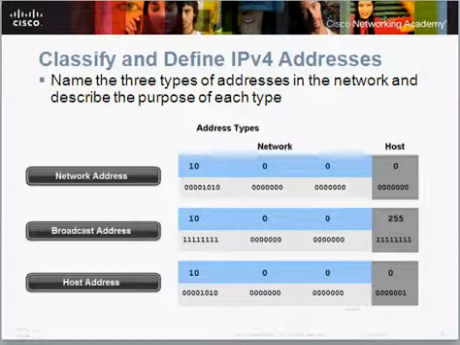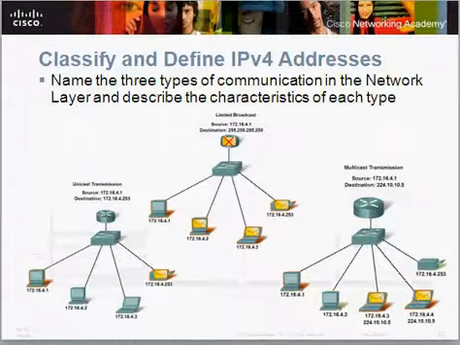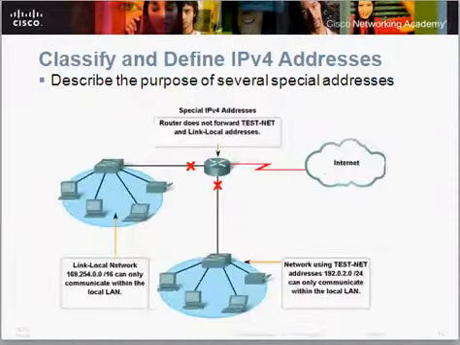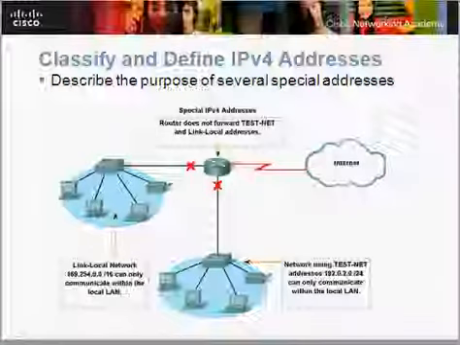So in the case of class A, it is an 8-bit network portion and the remaining 24-bit host portion. In the case of class B, it is 16-bit network and 16-bit host, and in class C it is a 24-bit network portion and an 8-bit host portion. So next class we will discuss